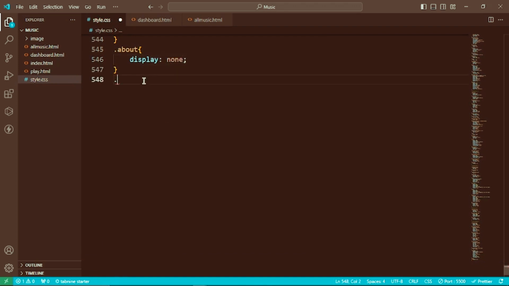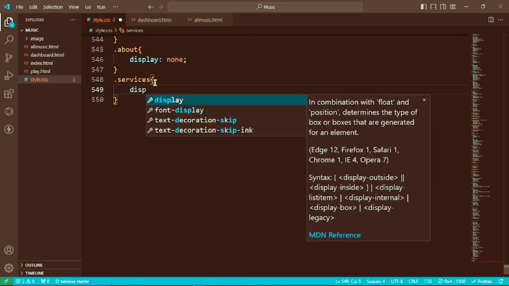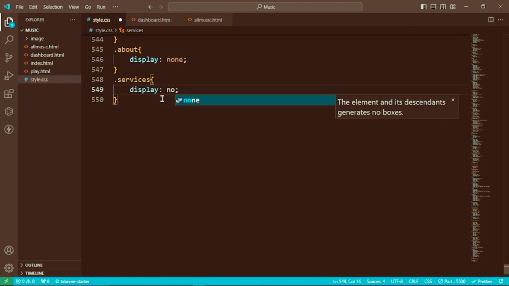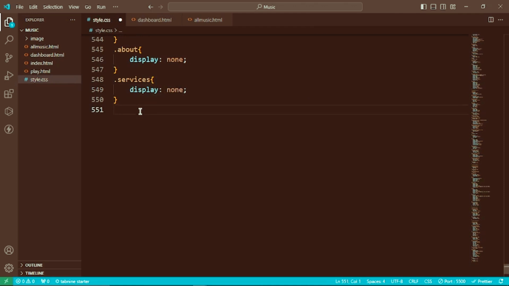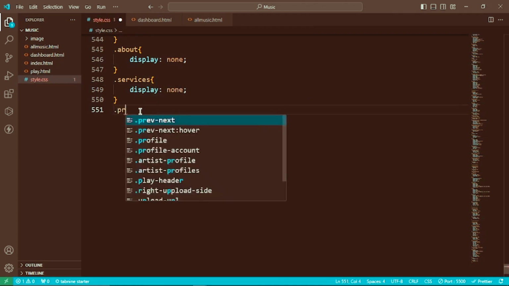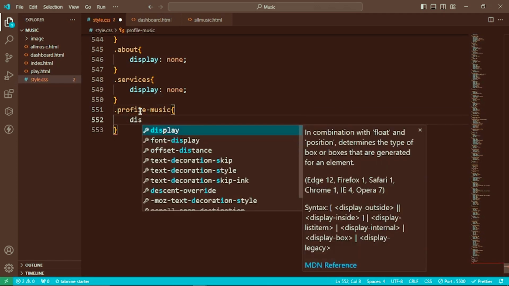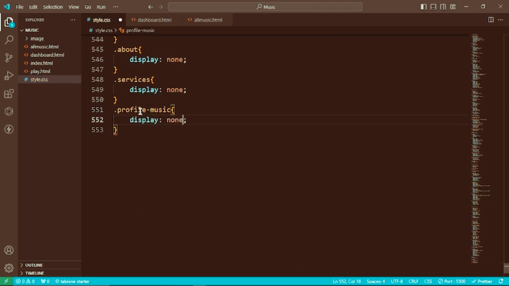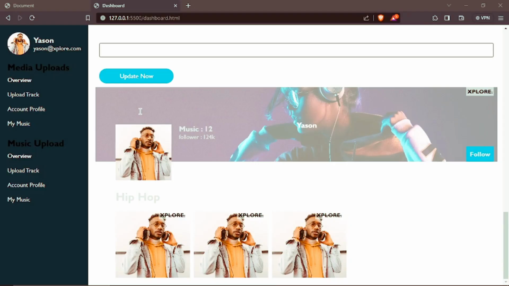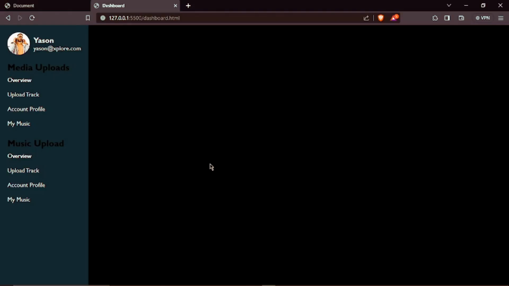The same applies for the service. Remember, I have the class of services, and then I'm going to give it a display also of none. And then I have the profile music, class of profile-music, and I want to display it also none. So currently there's nothing on our page because we hid everything, but